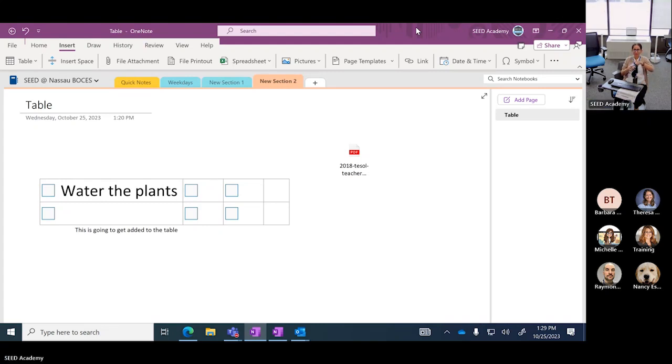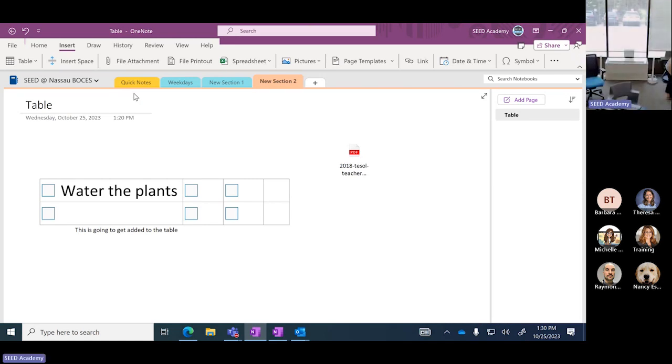So you should have 4 sections. Yep, because see how you have 4 sections here, just like mine? So this popped you open into the web version. That's the difference. Which is fine, because you can go into the other one, right? That's what I'm doing with Barbara. I'm popping her into the,